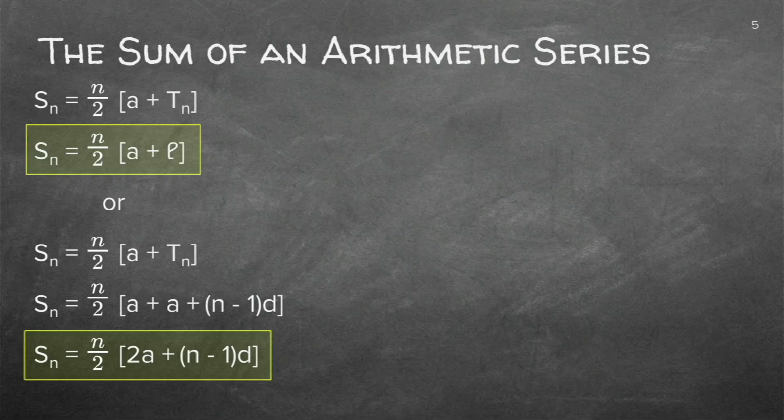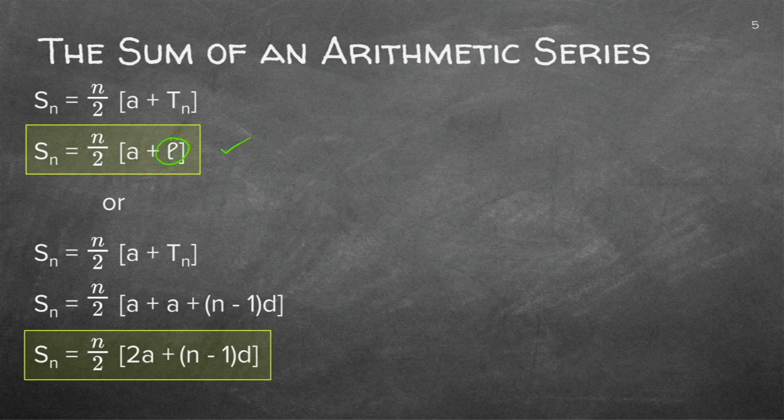We can say that Tn was our last term. So if they do give you the last term of a sequence or series, and they ask you to add up some of the terms, you can just use this nice small little formula. Instead of saying n over 2 (a plus Tn), you can just put an L there because L stands for the last term. You can keep a Tn as well if you just remember Tn is your last term. It's just easier to make it L and remember L for last term.